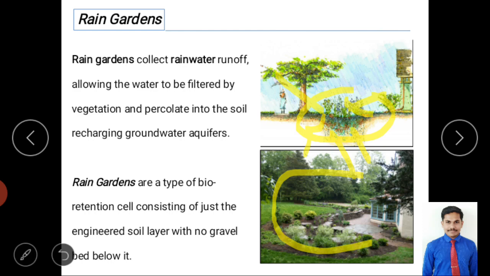If you maintain the garden, we can even control soil erosion and promote water infiltration, because garden, trees or grass will act as a barrier and reduce the surface runoff, and when you reduce the surface runoff it causes infiltration, right?